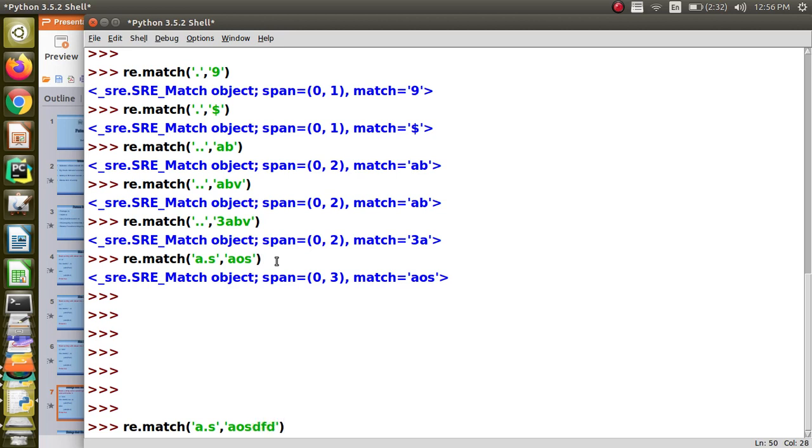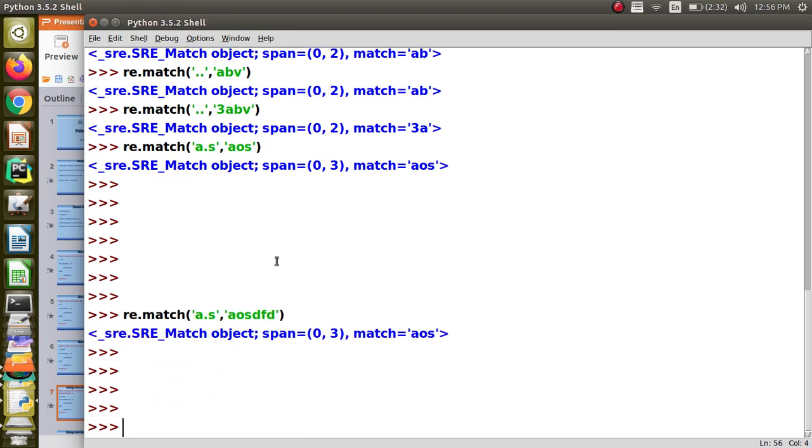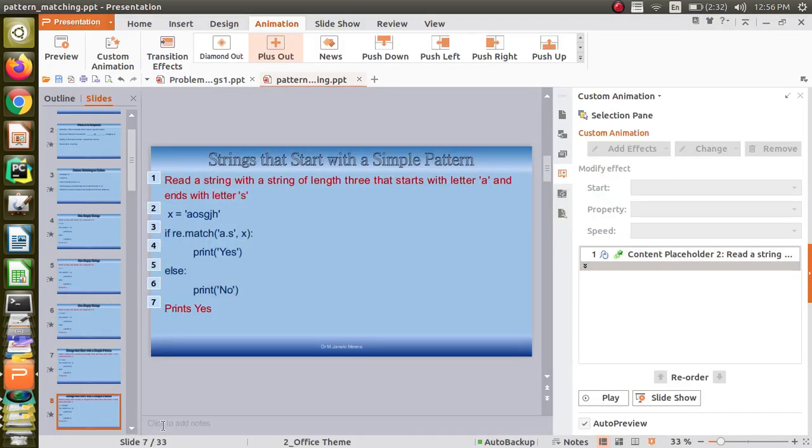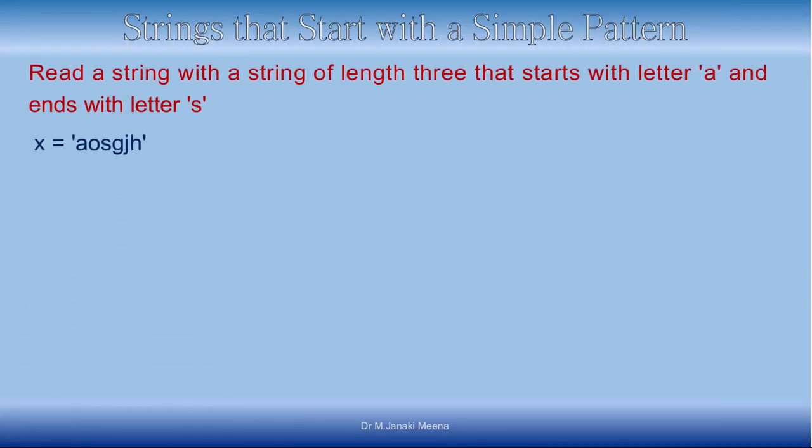I can also have any characters after that. That is also allowed. Only the match function will check whether this is there. It can be followed with anything. It will not bother. It will check from the beginning. Match works from the beginning and it checks only for the first three things, because that is what is mentioned in the pattern. That's what is said here. When the string has some more characters after that, then also the code will work.